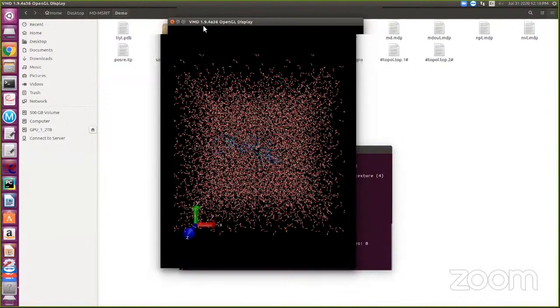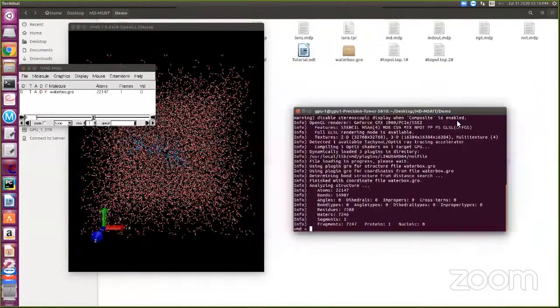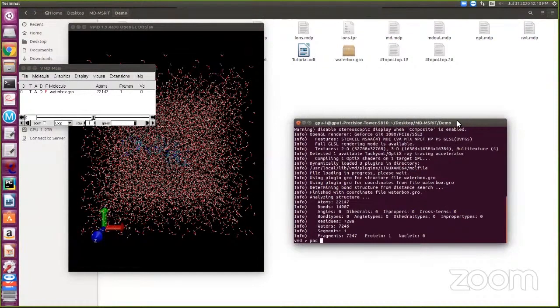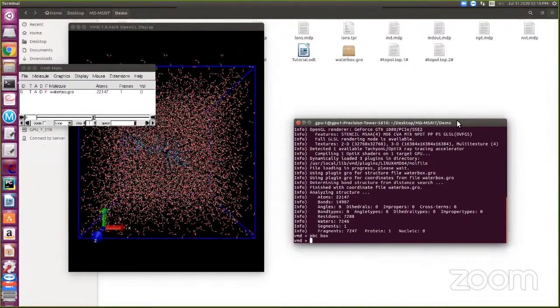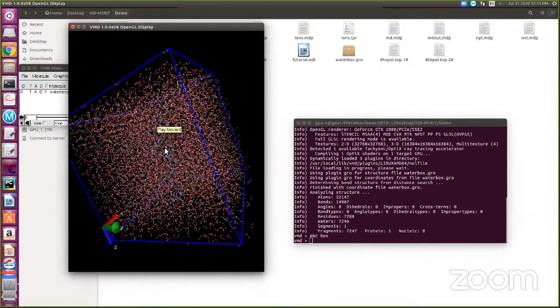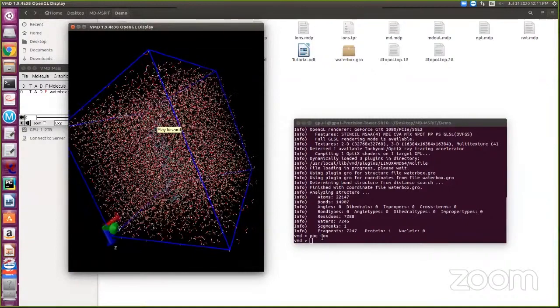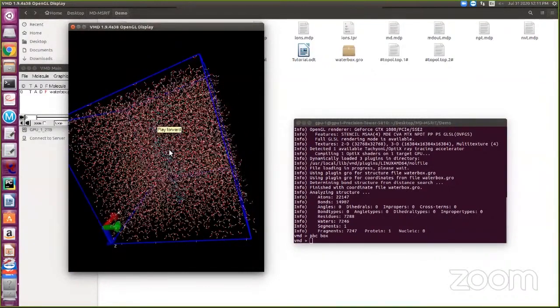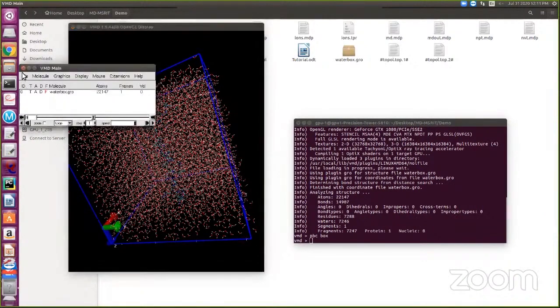Okay, this is my water box, and I'll just type here PBC box. So this is the box. Inside there will be a protein, which is very important. Inside the box the protein is there, but otherwise it consists only of water. There is no NaCl. So what we have to do now is check.